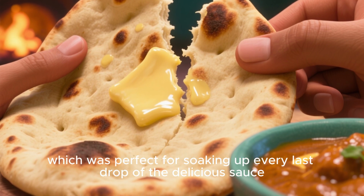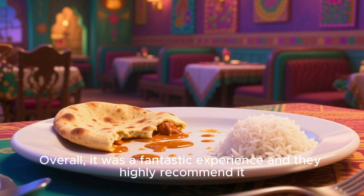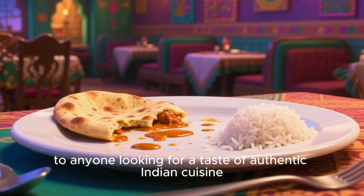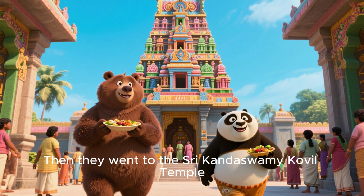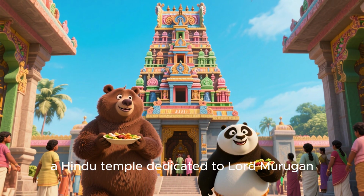delicious sauce. The rice was also perfectly cooked and went well with the flavorful chicken. Overall, it was a fantastic experience, and they highly recommend it to anyone looking for a taste of authentic Indian cuisine. Then they went to the Sri Kandaswamy Kovil Temple, a Hindu temple dedicated to Lord Murugan, built in the